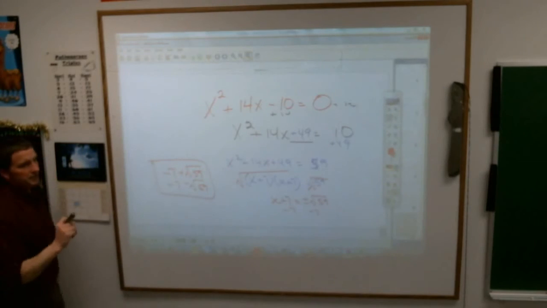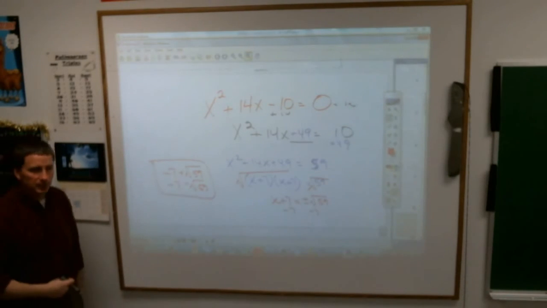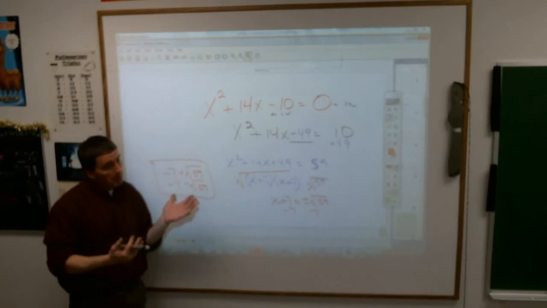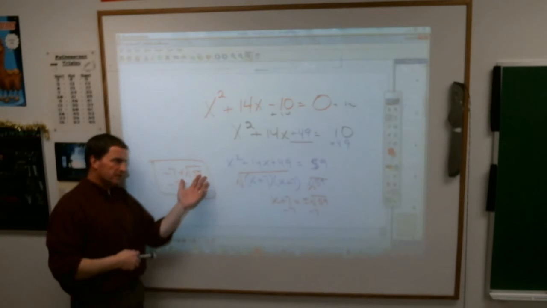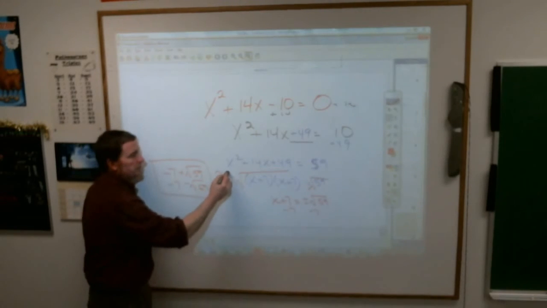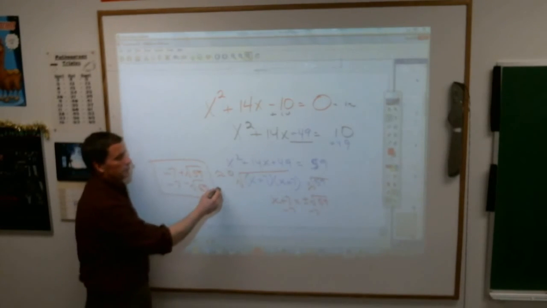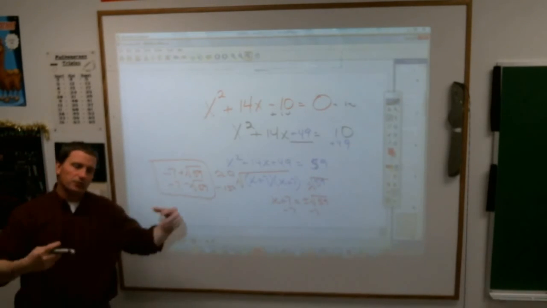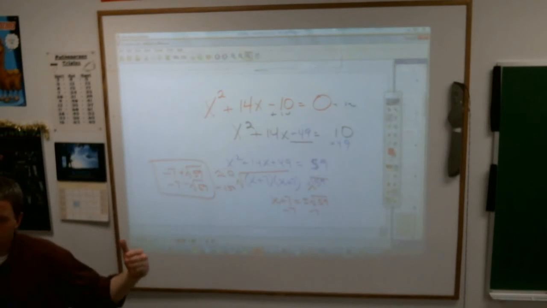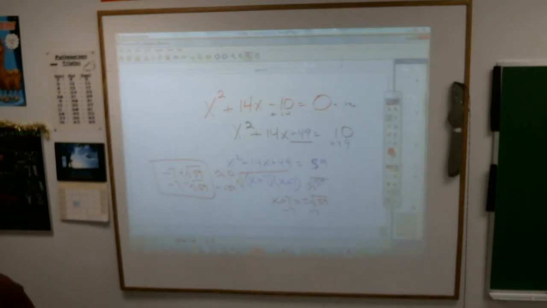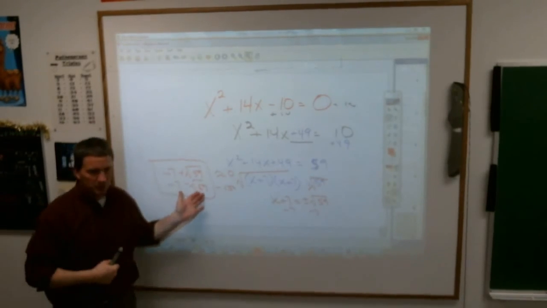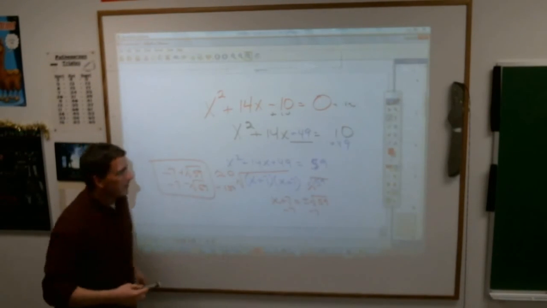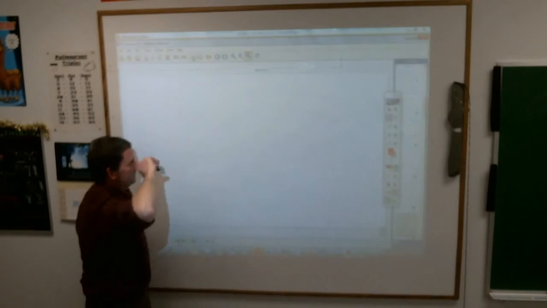And again, if you were asked to give approximate numbers for that, you should be able to. Square root of 59 is somewhere between 7 and 8. So one's going to be negative 7 plus 7, so it's going to be close to 0. And the other one's going to be close to a negative 15. Do we have to do that? No, I'm just saying, don't forget in math what you can, the answers that are numbers you understand. Because if I asked you to give me the square root of 59, you would have no idea what it is. One more, just because we're